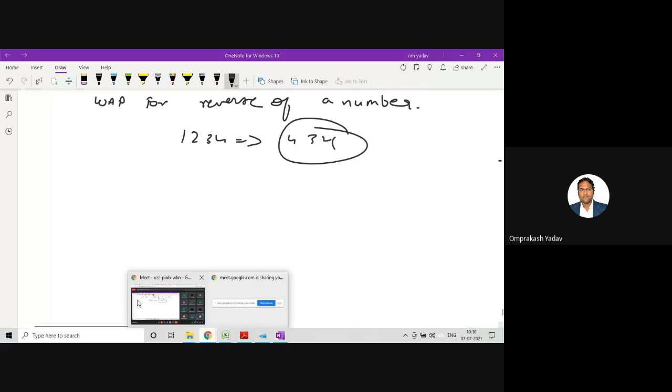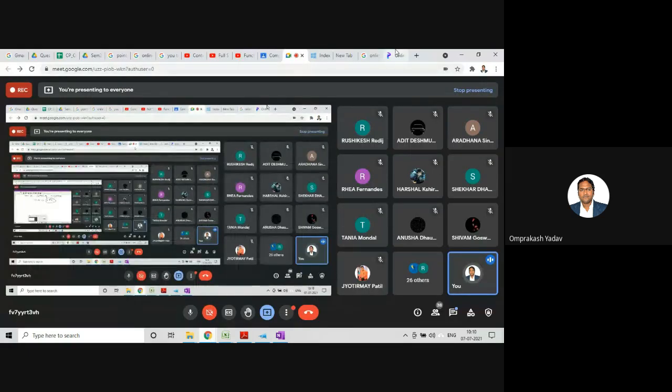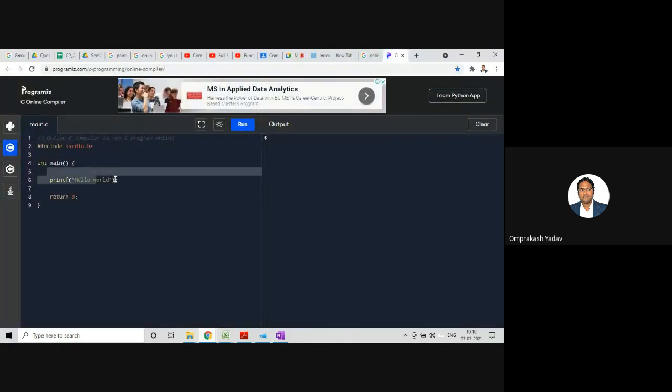So let's go over here. First of all, I'll declare one variable, let's say n, for entering the number. And second, let's say I'm declaring reverse number, by which I'll be calling the function.